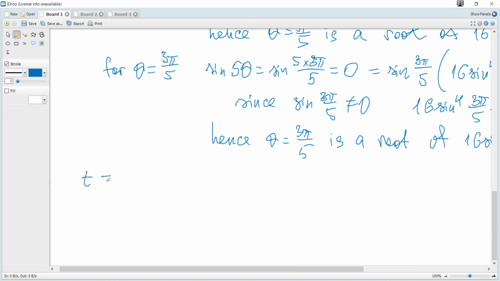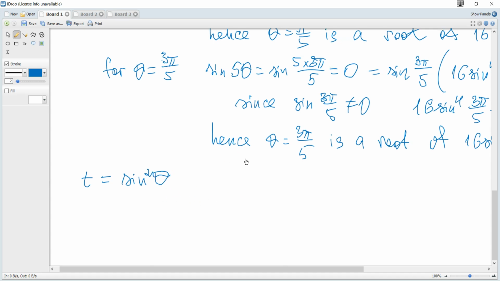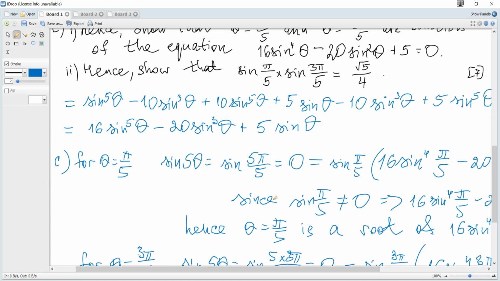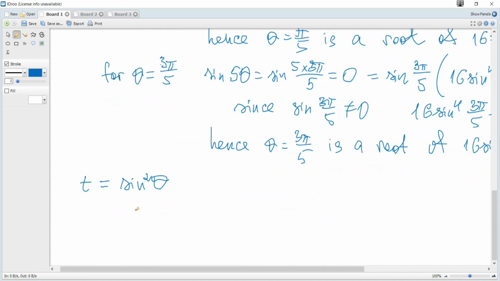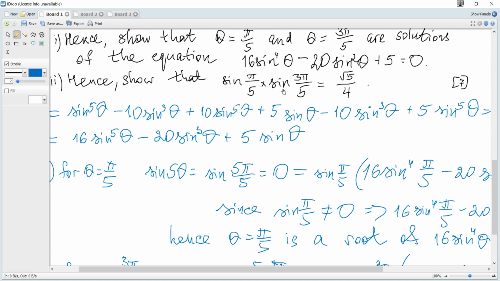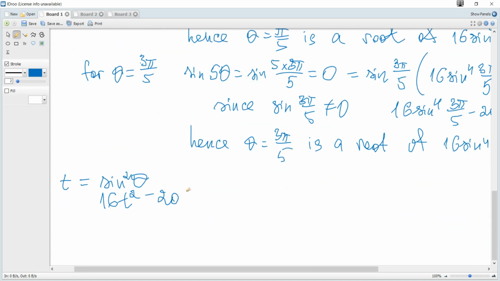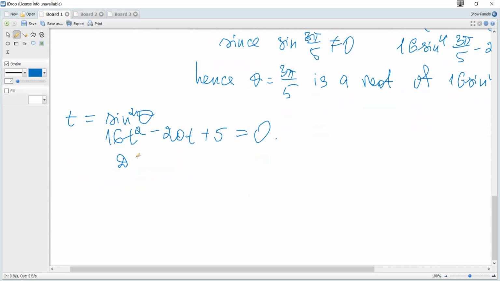Let t be sine squared of theta. Hence our equation becomes what? 16 t squared minus 20t plus 5. And using the discriminant, we get the next: the discriminant is b squared, 400, minus 4ac. It's 80,